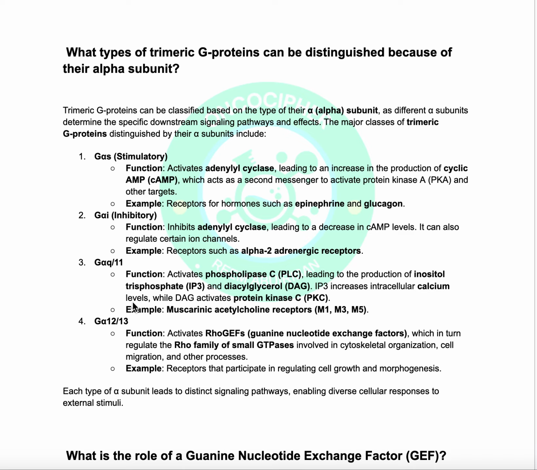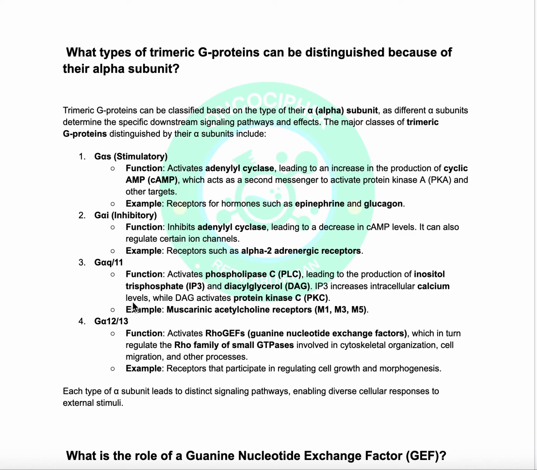the activation of two, we can say, second messengers like inositol triphosphate and diacylglycerol. Inositol triphosphate increases the calcium inside the cell, and the diacylglycerol activates the protein kinase C. And the example for the G alpha Q11 is present in muscarinic acetylcholine receptors like M1, M3, and